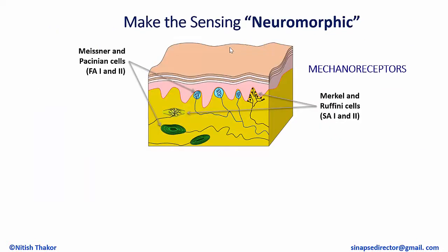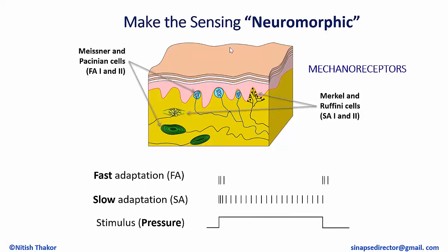So again, this is a graphic of the skin. You can see the sensors are layered. And it's interesting how nature has constructed versus if you go out to buy commercial sensors. If you buy commercial sensors, they are force, pressure sensors, and they produce some analog signal, and you produce digital by analog to digital conversion. Nature does it differently. So it does it by creating these different receptors, and it produces two types of responses,